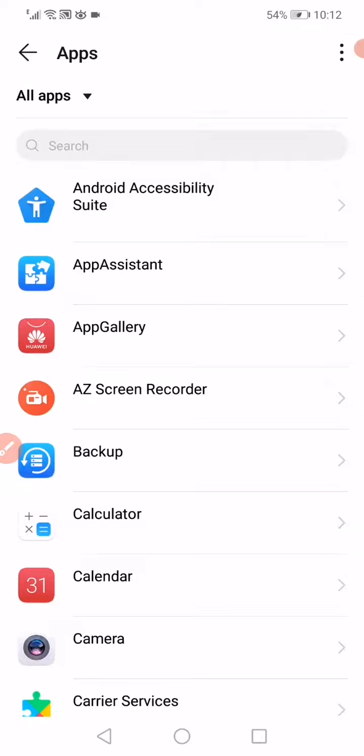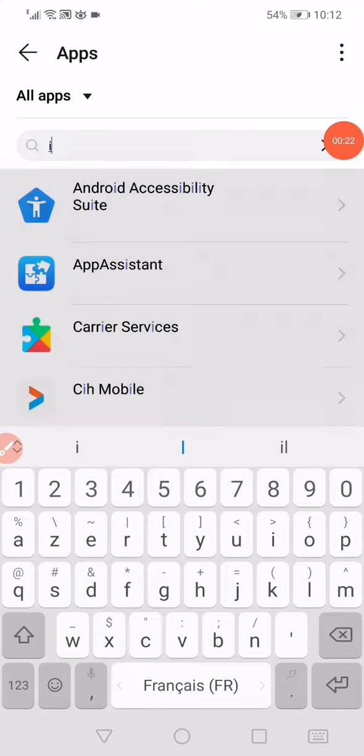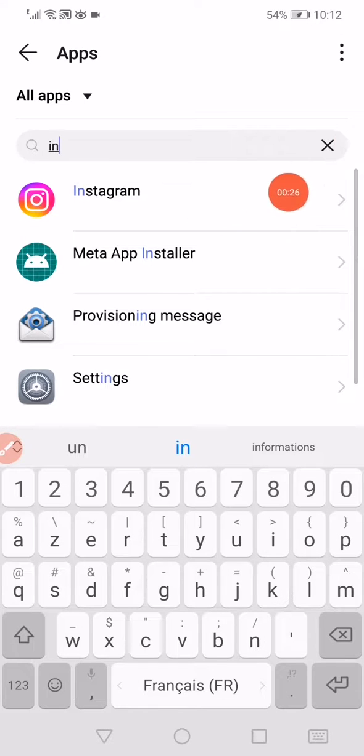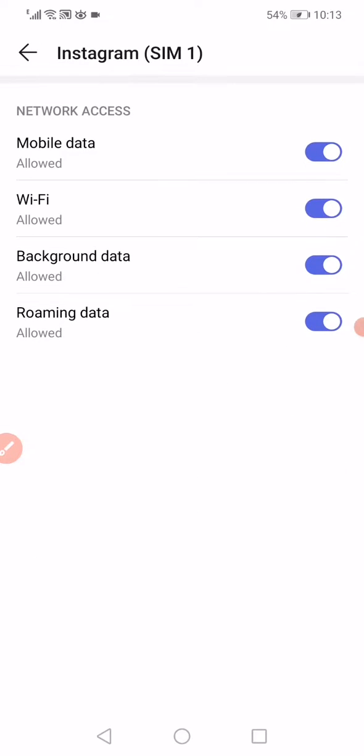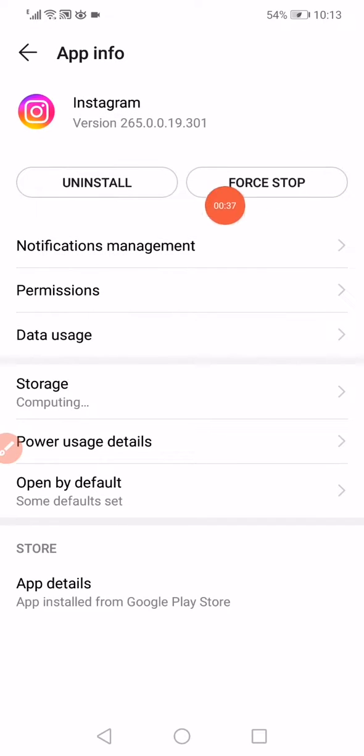On this page, all you want to do next is wait a few seconds and then go to the search bar here and search for Instagram like this. Click on it, go into the data usage, make sure to enable every option here, go back, click on force stop, and then